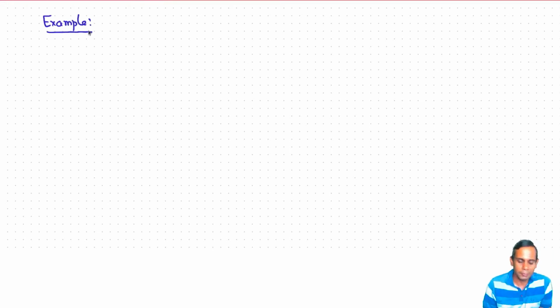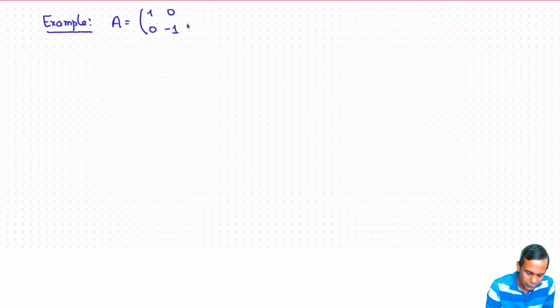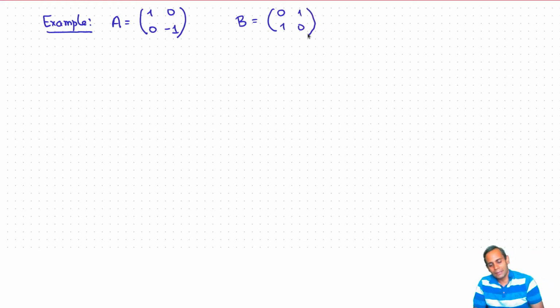Okay, let's just look at this with a couple of examples. So let's look at two matrices and we'll decide whether or not they're similar. I'll start with a very simple example. Let's take A to be the matrix 1, 0, 0, minus 1 and B to be the matrix 0, 1, 1, 0. At the outset these matrices look kind of different, so maybe they're not similar, but let's just